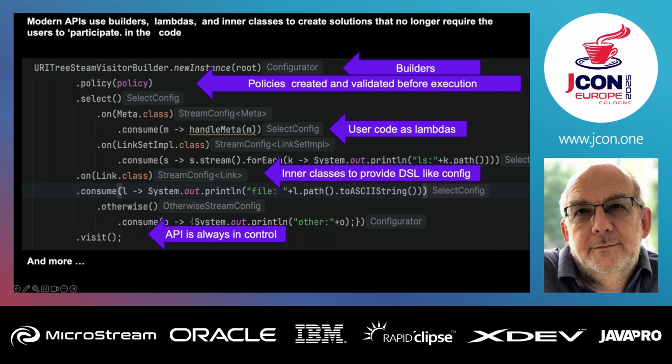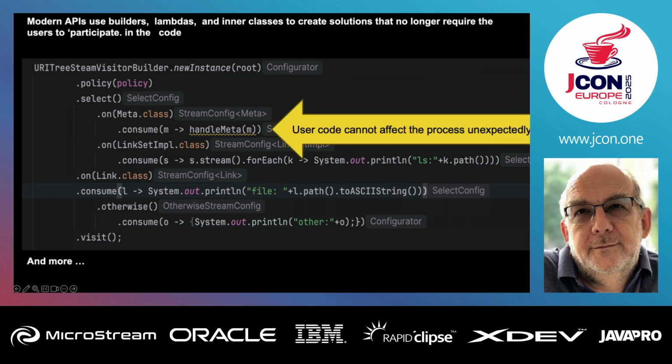You can see what's going on, and because I've got lambdas, I can put into my policy a little bit of code, and that little bit of code has no access to the outer process. It's constrained. Whatever it's going to do is whatever it's going to do, but it's going to do it in your place where you know it's going to do it. It has no ability to get at the application because the application doesn't exist yet. This is just configuration. And so that user code means they can't break out.